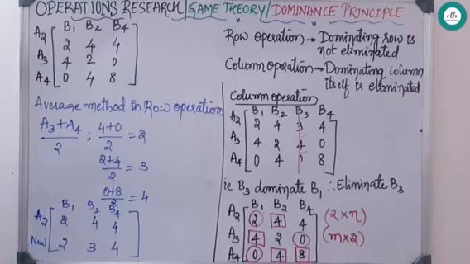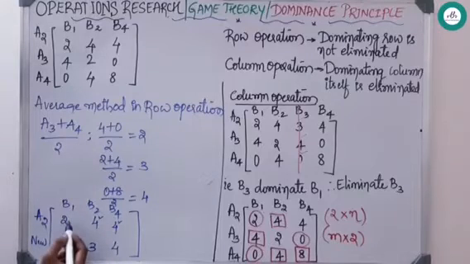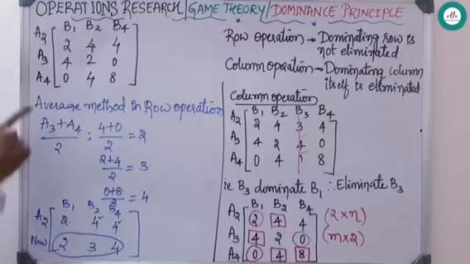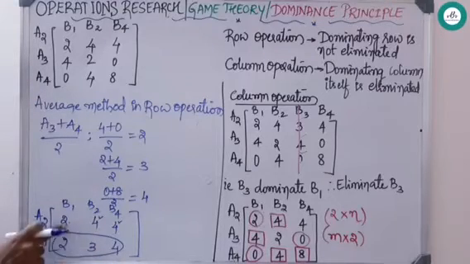Now we shall proceed with the row operation. Comparing these two, 2 and 2, 2 is equal, 4 and 3, 4 is greater, 4 and 4, this is greater. One thing you need to keep in mind here: at any cost, this new row should not be eliminated. The new should be retained, because it is an average of 2 rows or columns. Now in comparison, this is dominating. Actually speaking, this is supposed to be eliminated, but it is a rule that a new row should not be eliminated. Further row operation is not possible.